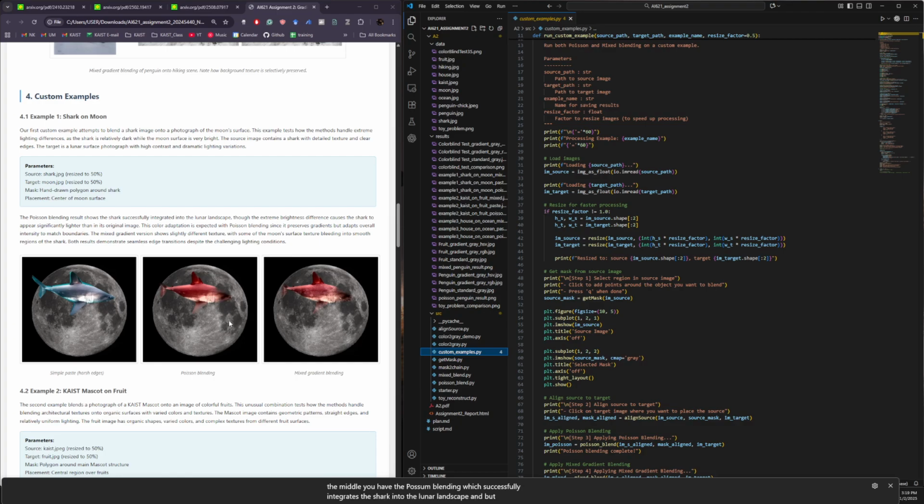But you can notice how the shark appears significantly lighter than the original form, so the color is like red. And this is how the color adaptation works, and the boundaries are completely seamless, despite the drastic lighting differences. And this demonstrates Poisson blending's ability to handle different light variations while maintaining the shark's